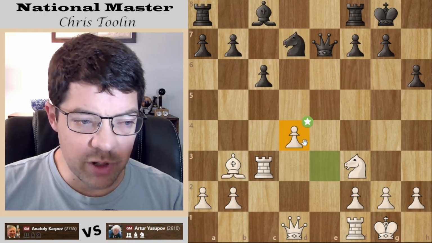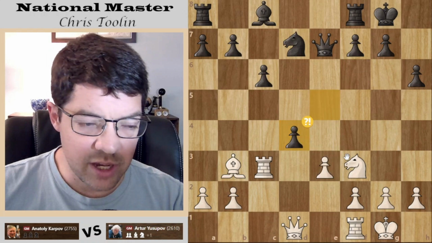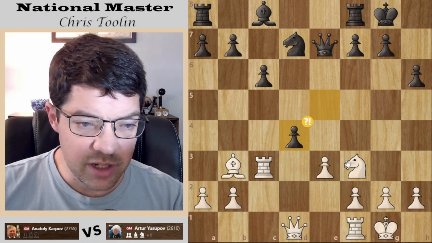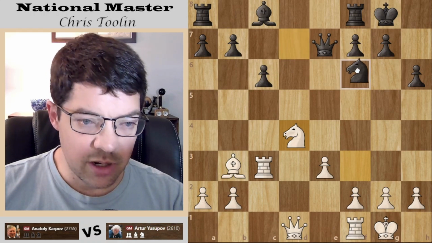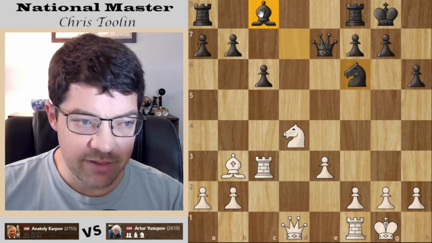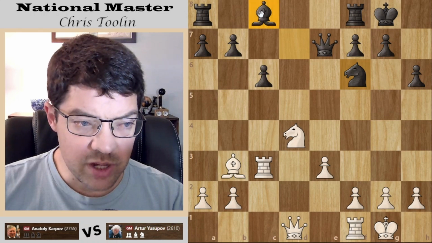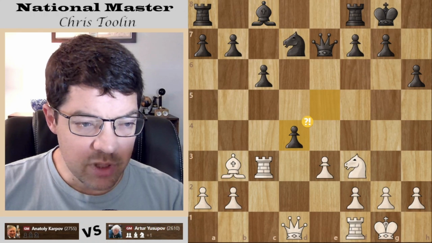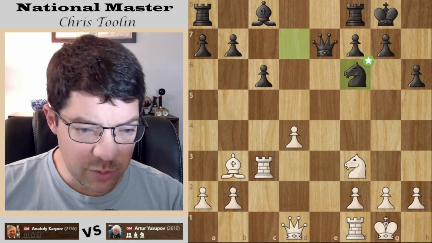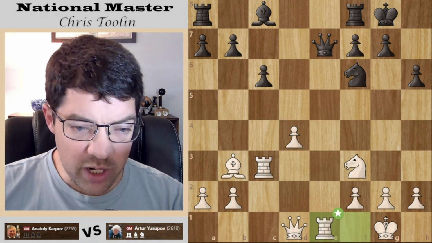Sometimes these moves go a bit overlooked. You're just clicking through and you say, yeah. But if you think about it, really, this is a good key moment here. If you had taken with the knight, knight just calmly moves to f6, and black really doesn't have too many problems. This bishop wakes up, the rooks come to the e and d files. Things are good. Taking with the pawn, he still plays knight f6, but now rook e1.